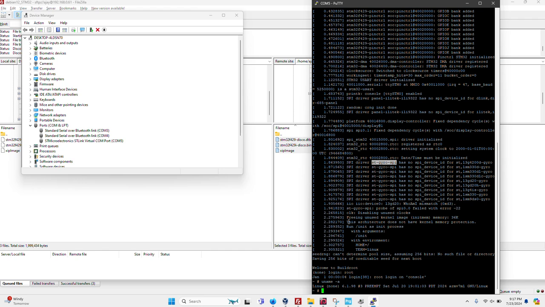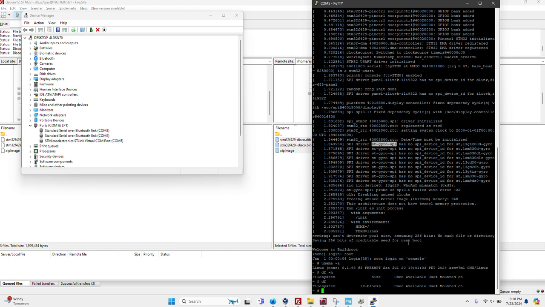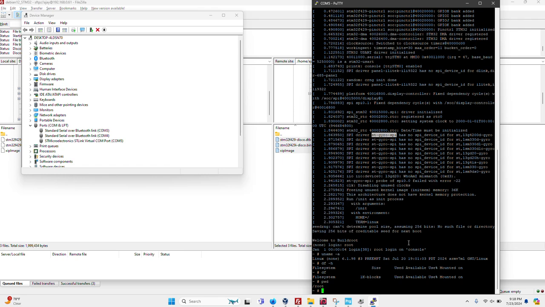And it says here this architecture does not have kernel memory protection, which is right, because this is a non-MMU. This is an ARMv7 with no MMU. Let's say df -m. Then that doesn't show up. This file system: the whole size of this, we are actually being able to fit it in less than 2 megabytes of space. So this has an internal flash of 2 megabytes. So yeah,